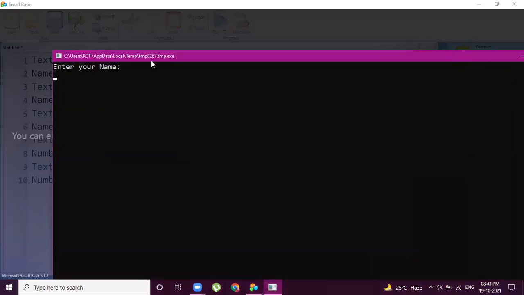So now here you see, enter your name: Arjun. Enter your father name: Kishore. Enter your mother name: Swati. Enter your class. So here I am taking 6th standard and I'm trying to type alphabets, but it is not able to take.